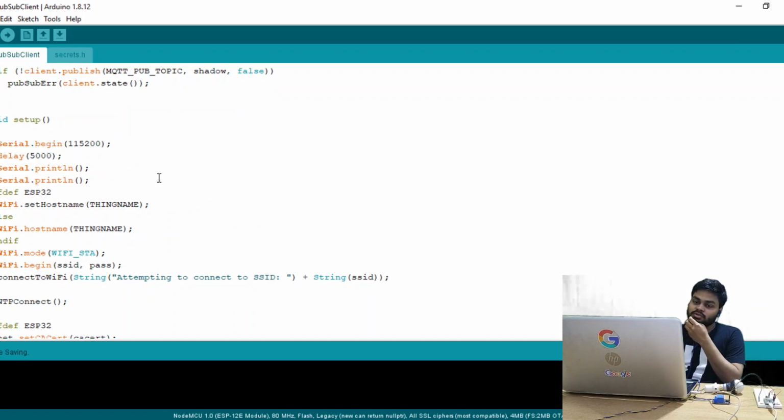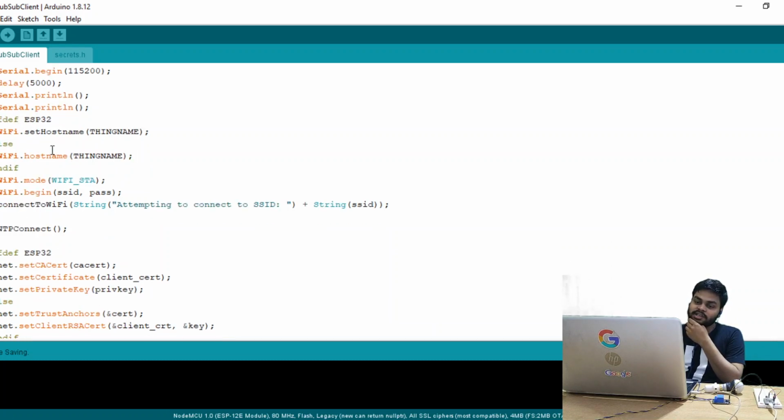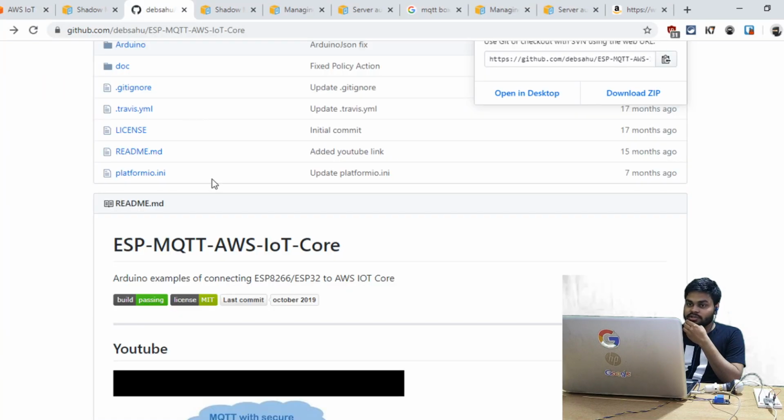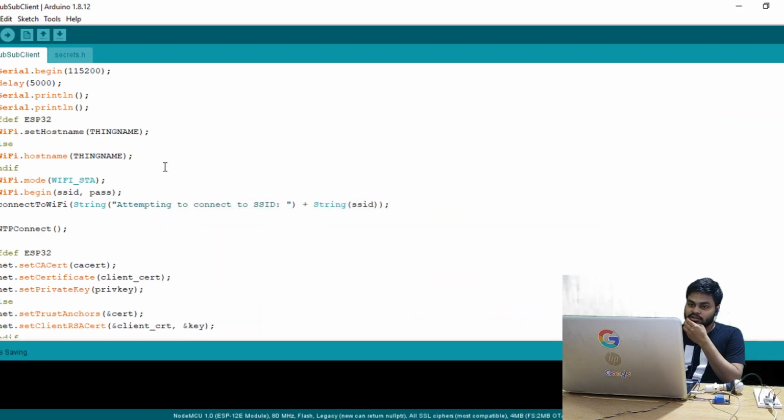WiFi.hostname sets our thing name, which is test thing, as a host name. This is not mandatory at all, but the developer is setting the thing.